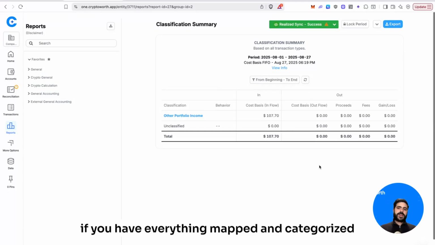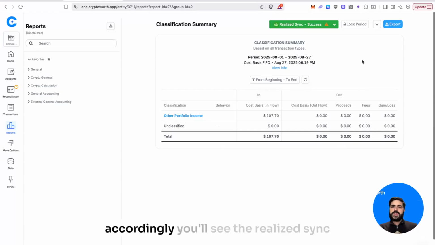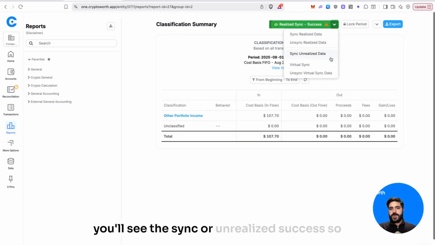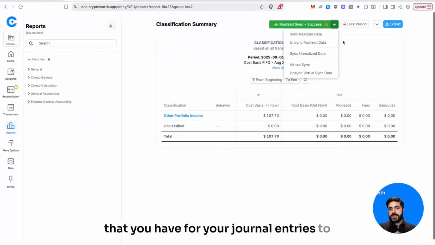After giving it a few minutes, your journal sync operation should complete successfully if you have everything mapped and categorized accordingly. You'll see the realized sync success. If you synchronize unrealized gain loss, you'll see the sync of unrealized success. So these are the two different sync operations that you have for your journal entries